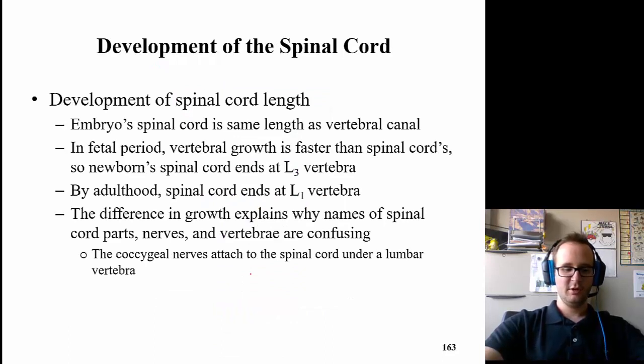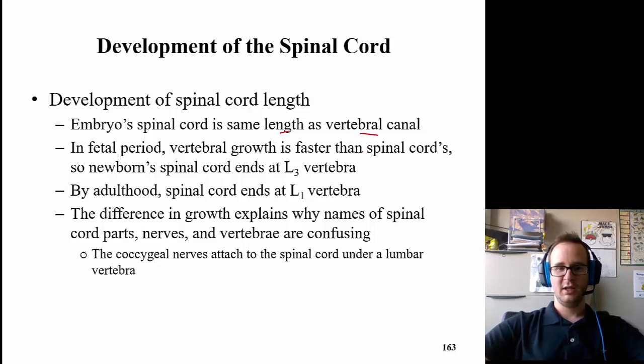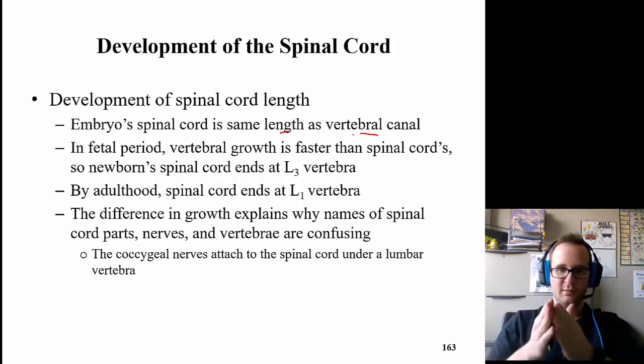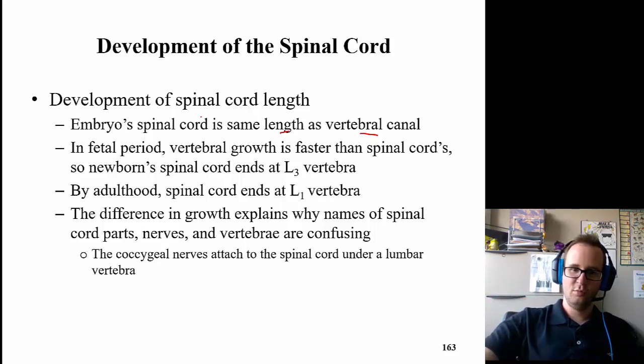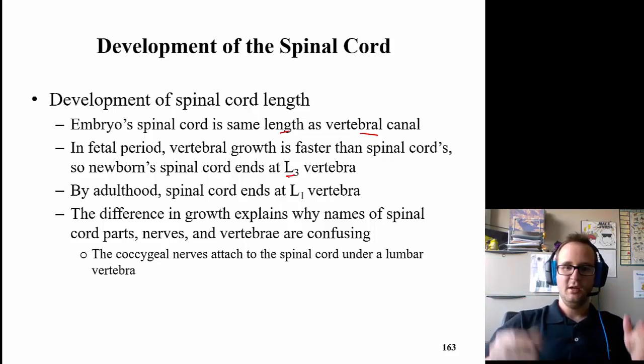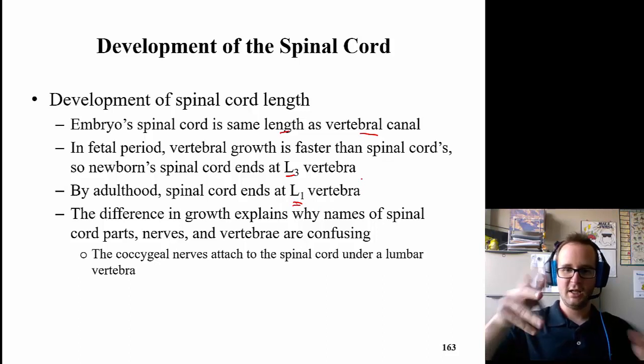So as you develop early on as an embryo, everything's the same length. The vertebral canal and the spinal cord are the same length. But as you age, your vertebrae grow faster than your spinal cord. So throughout the fetal period, your vertebral canal continues to grow, and the spinal cord stays smaller as it continues to grow. So a newborn spinal cord ends at L3, but you're going to continue to grow, and so in an adult, the spinal cord ends at about L1, and remember you'll have the cauda equina,